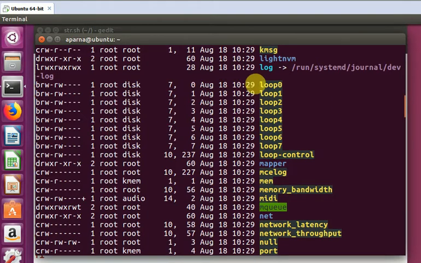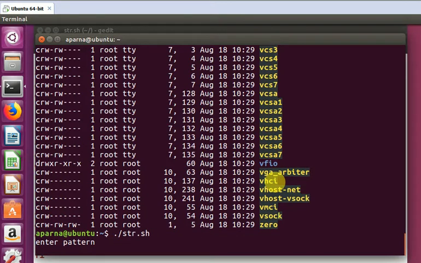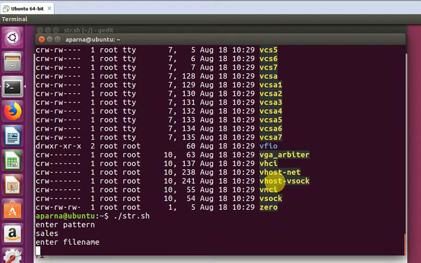If we see here, log is a kind of link file. Loop0 is a kind of block device file, whereas mem is a type of character device file. So we'll use these files as input for the given code. This is our program. I will enter some pattern just for the test, cells, and the file name, slash dev slash